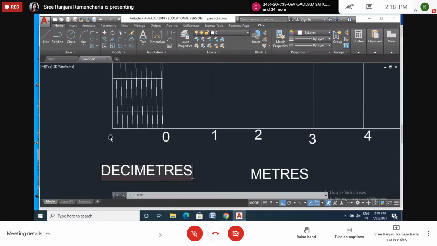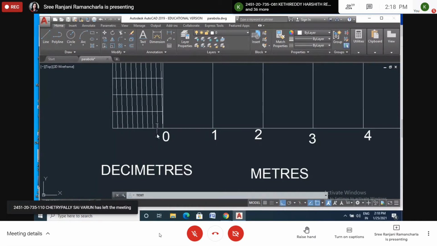Okay. Now here, what should I number? Should I number 0.1, 0.2, 0.3, or 1, 2, 3, 4, 5? Yes, 1, 2, 3, 4, 5. If I write 0.1, 0.2, 0.3, then what are these units? Meters. Yes, very good. Because this is the decimeter, each division is a decimeter. So I will write 1. So alternatively, I will write here 2, right?